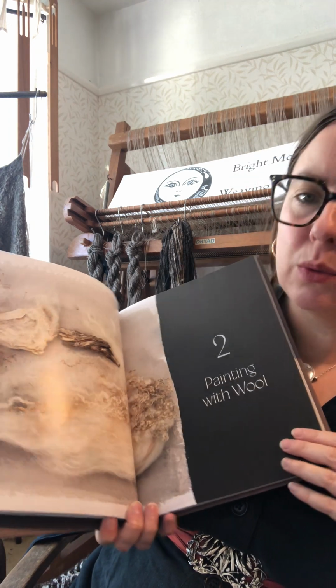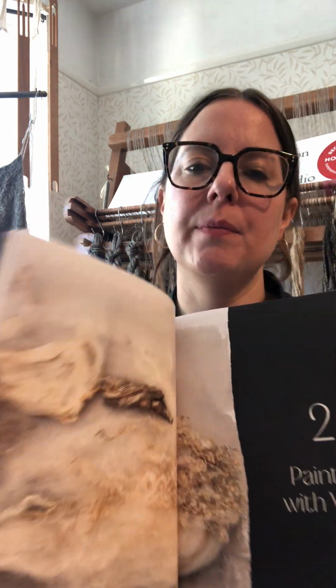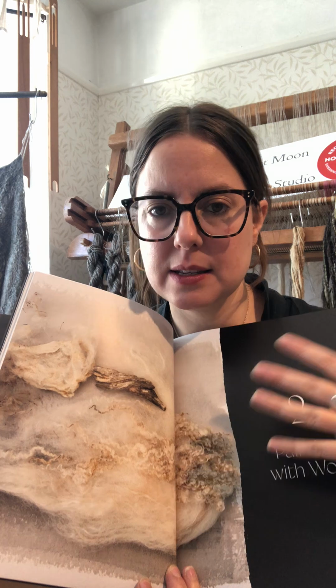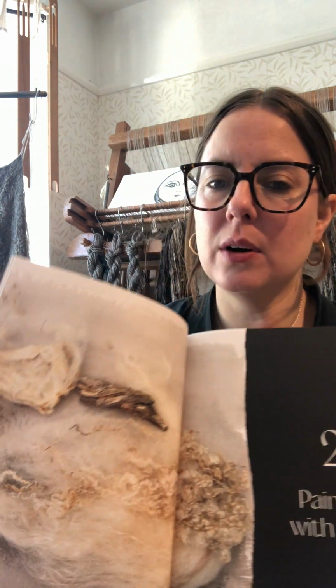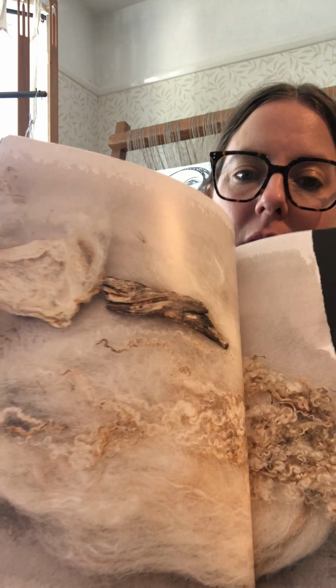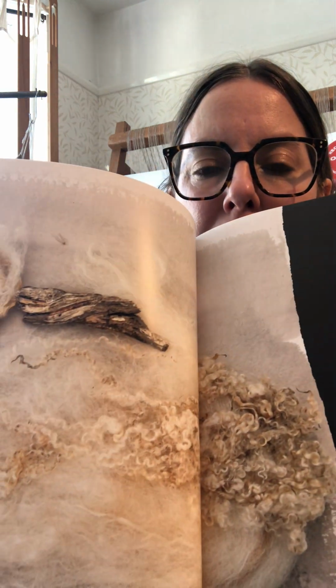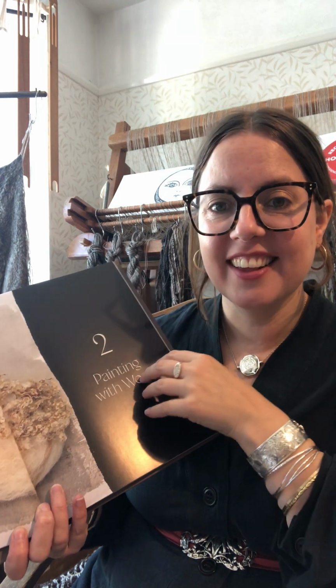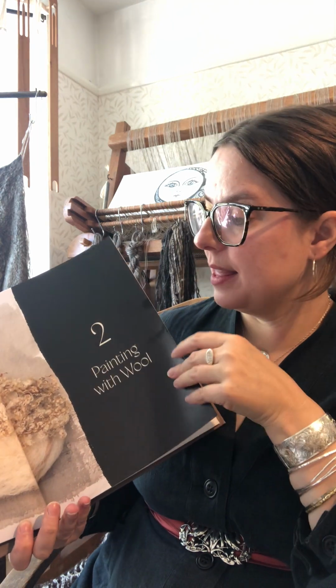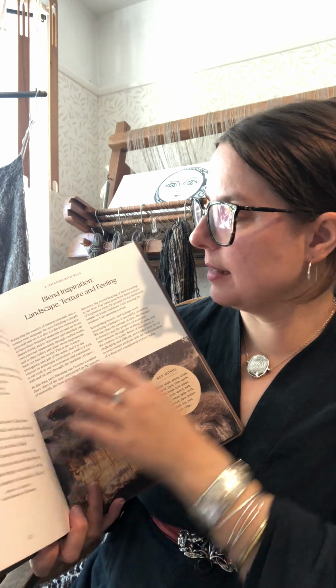So painting with wool starts off very, very open, and there's also different colour palettes through the book. There's a pale one, there's a greyer one, there's a browner one, but ultimately it's all interchangeable. So I just want you to get a sense of how hyper textured and subtle the whole book is, with practical